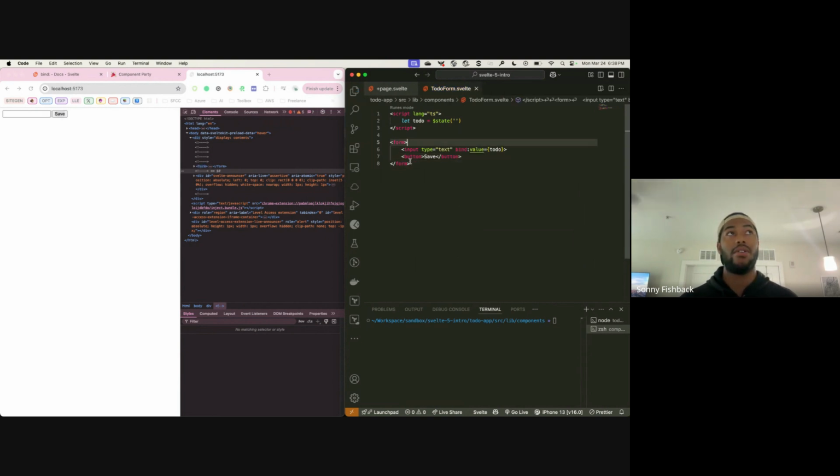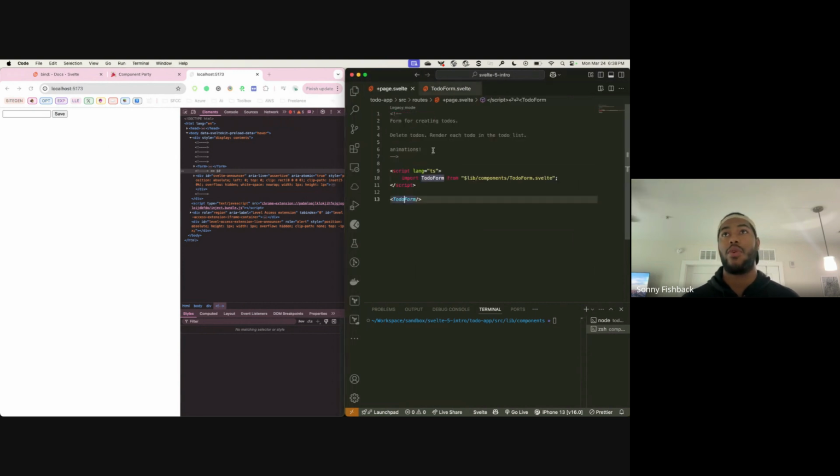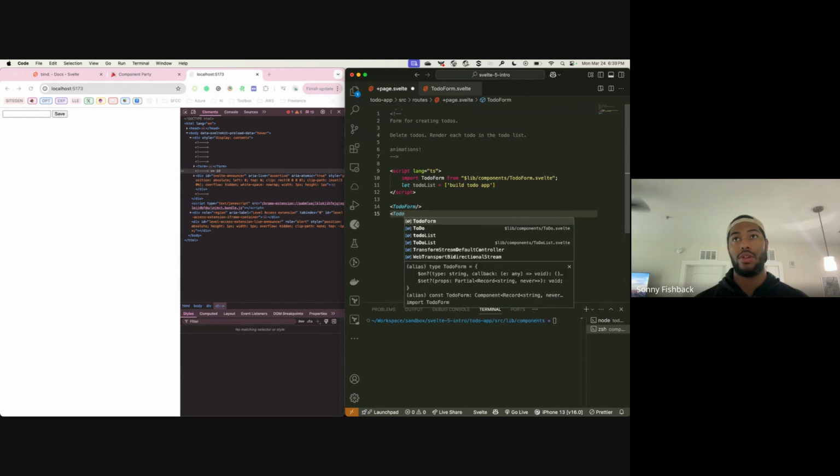All right, and now in our save button, and now we want to import to-dos. So first we're going to say to-do list equals an empty array, and then we're gonna have one to-do start off with,